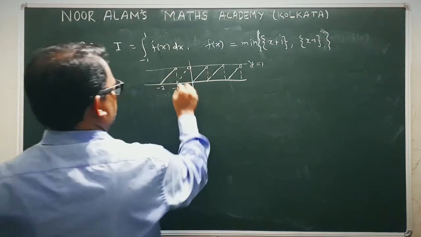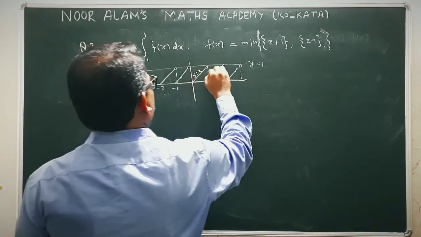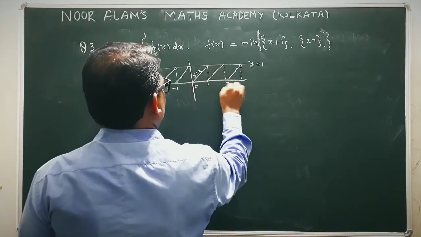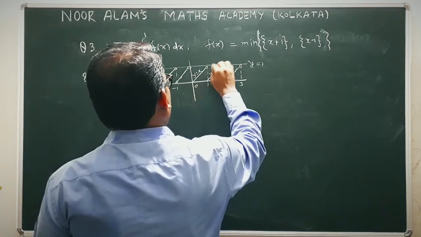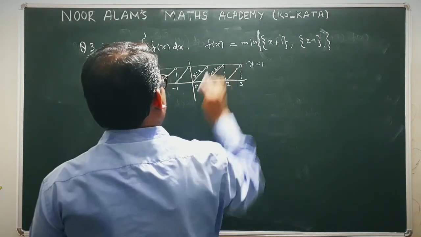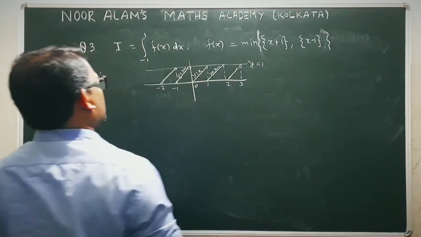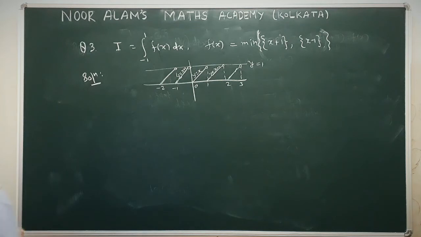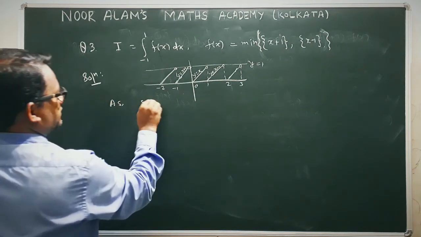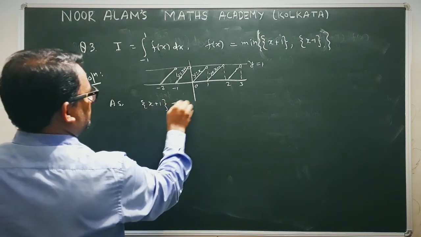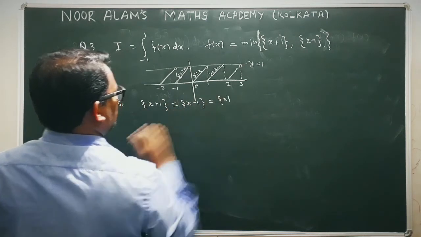Okay, now what we see is that this is the curve y is equal to x, then 0, 1, 2, 3, that is minus 1, minus 2. So here we have y is equal to x minus 1, and in this region we have y is equal to x plus 1. Now in two ways we can solve this problem, as we know that the fractional part of x plus 1 is the same as the fractional part of x minus 1, which is the same as the fractional part of x.